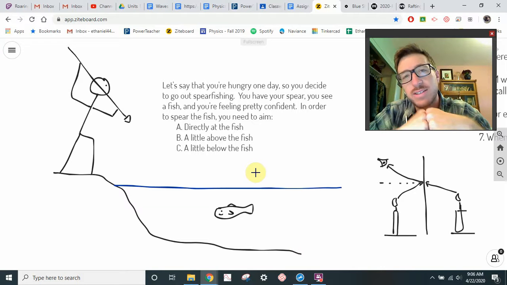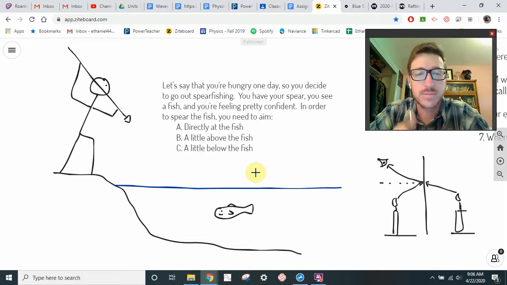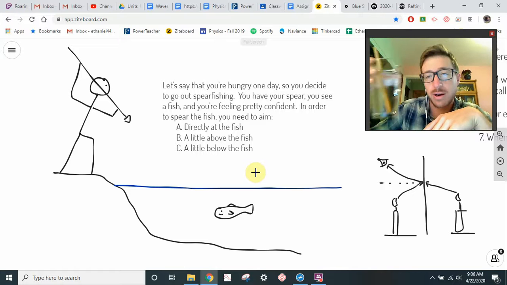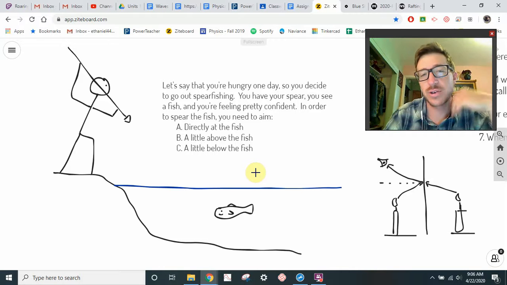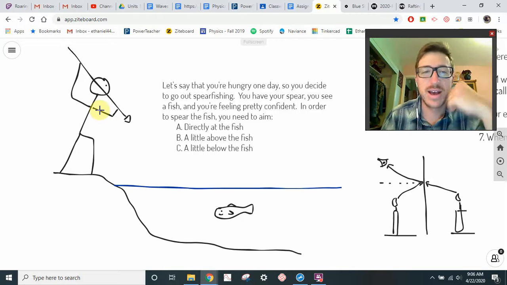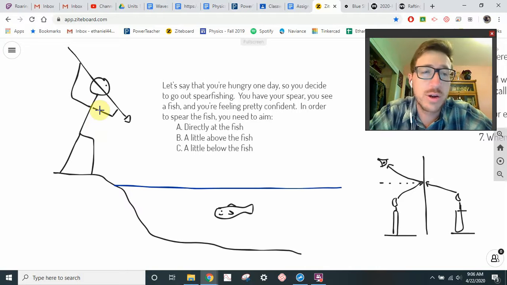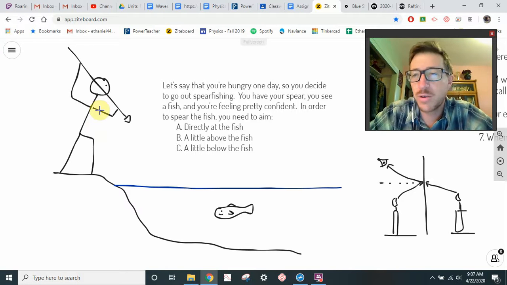Or what I would really love to see is you guys record a video, about a minute or so, explaining the observations that you saw here and how those support your answer and what your answer is. You're more than welcome to include a drawing to support your thoughts. If you don't, you can just talk through why you think it's that, and that's totally fine, but I just need a short little video or a written paragraph explanation as to what your answer to this question is